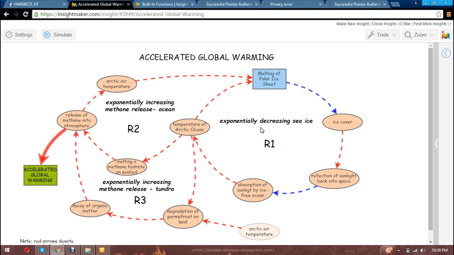Then the loop R2 illustrates a process whereby frozen methane hydrate, which exists in enormous quantities on the seabed of the shallow Arctic Ocean shelf, is breaking up as the ocean warms. This leads to methane gas, a greenhouse gas about 20 times more powerful than CO2, bubbling up to the